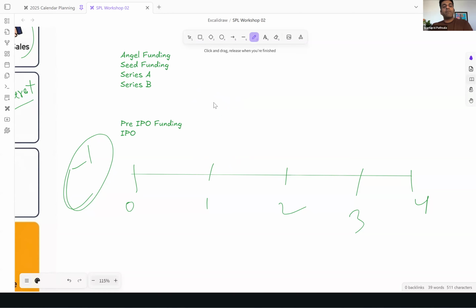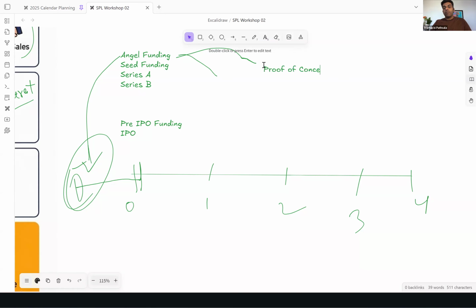So these are all the different types of fundings that you will start. ये एंजल फंडिंग क्या होता है? एंजल फंडिंग कब करते हैं? ये -1 स्टेज में करते हैं. बेसिकली मुझे आइडिया है, आइडिया को मार्केट तक लेके जाके प्रूफ करना है कि ये आइडिया काम करेगा. That is fundamentally what angel funding is all about, right? So angel funding is going to take you to a place where you're going to establish proof of concept. कि ये आइडिया आ गया, ये मार्केट में काम करेगा, राइट?